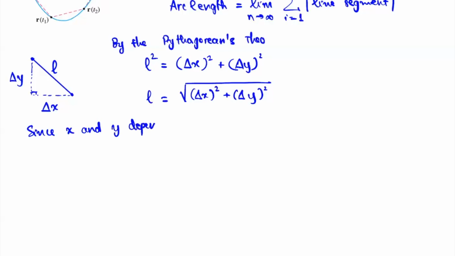depend on the parameter t, then delta x and delta y can be written as